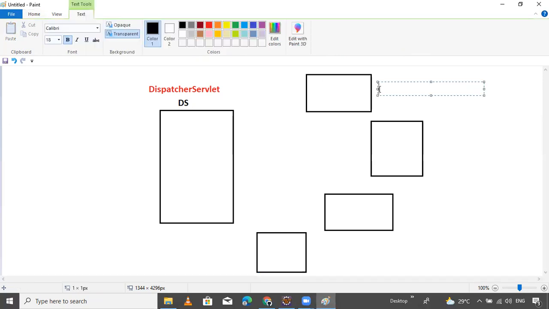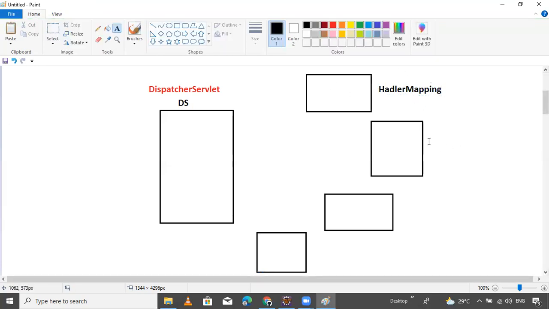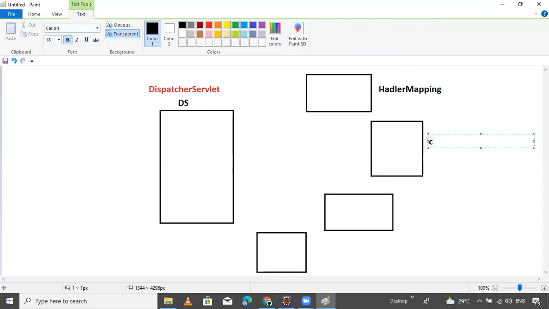So this is our handler mapping. Handler mapping classes. This is our handler mapping. And this one is the controller.